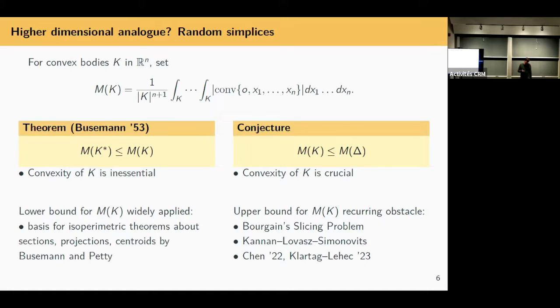You can look at what happens with the lower bound. You should get a ball. This is a theorem of Busemann from the 50s. It's called his random simplex inequality, and it says the expected volume of a random simplex generated by the origin and n independent random points drawn from a convex body is minimized for a round ball. Okay. The upper bound is still at the stage of a conjecture. Okay, so mathematicians of the day are certainly forgiven for not solving the higher dimensional case because it's still unsolved.